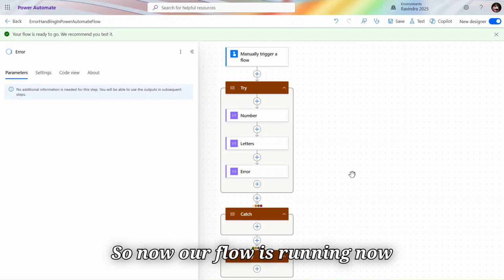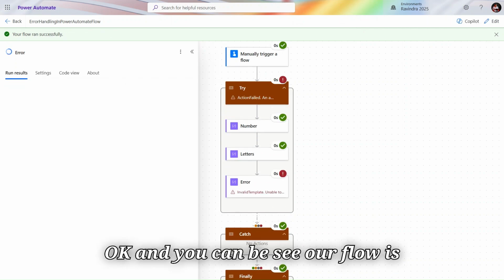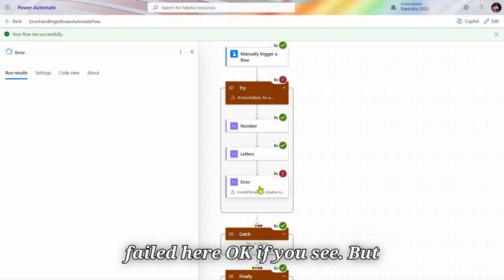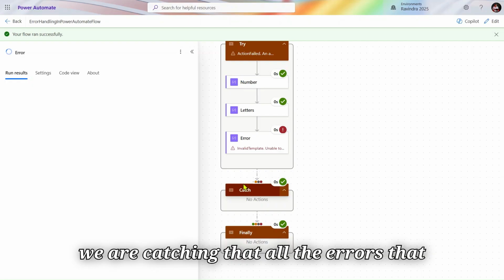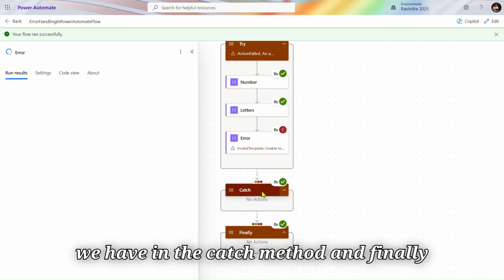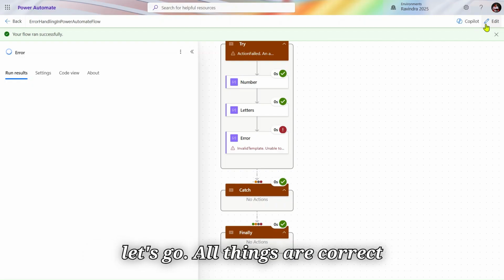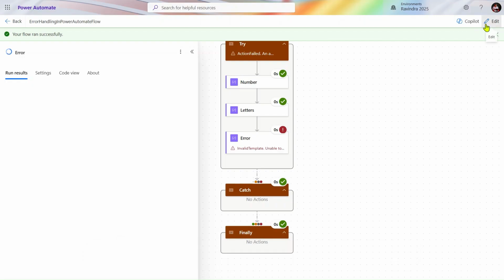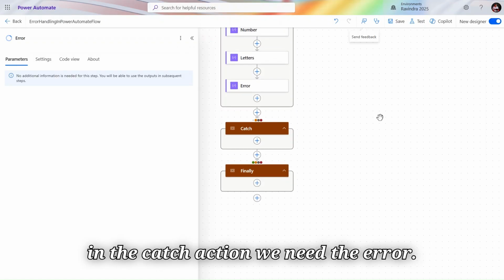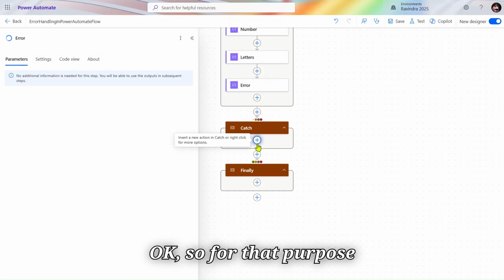So now our flow is running, okay, and you can see our flow has failed here. But we are catching all the errors in the catch method, and finally our always code runs, okay. So now let's go, all things are correct. In the catch action we need the error, okay, so for that purpose